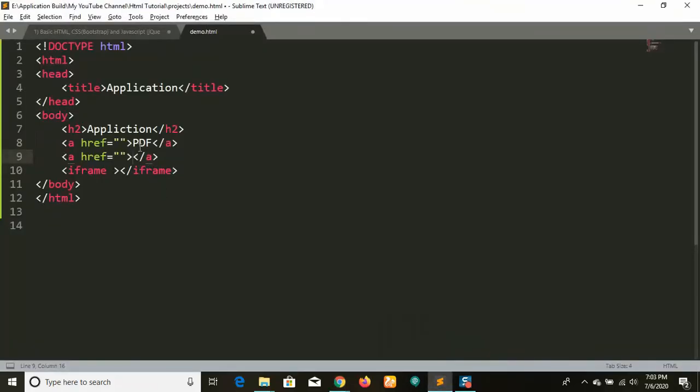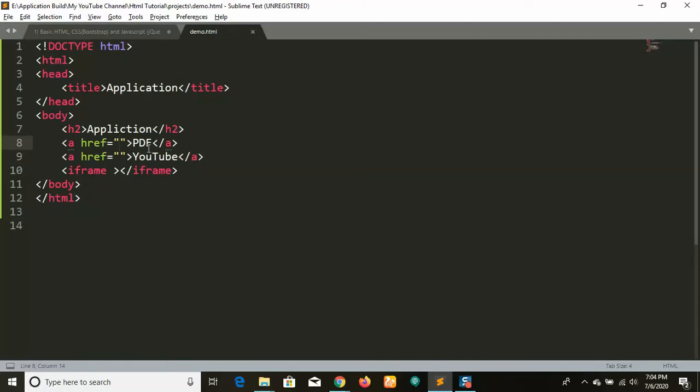So I have placed PDF, and let me say YouTube. YouTube video something. Okay, previously in the browser we have seen some links, right. href. It is a hyperreference. We need to give some path or some URL for a particular thing. If you are showing any PDF to a user, you need to give the path, right. Same way, if you are doing any YouTube application, you need to give the link, right.